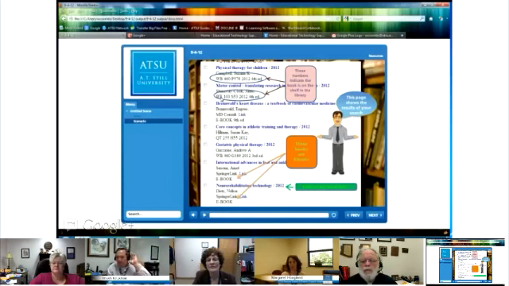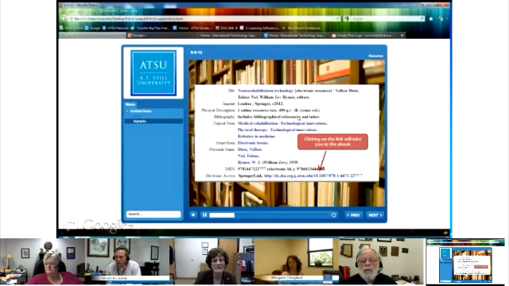These ones that have these kinds of numbers are books that are physically on our shelves here in the library, but the ebooks will have an ebook notation on them. If you're looking for neurorehabilitation technology, the 2012 edition, you can click on the title of that book and it will take you to the record, which tells you all the information about it, what edition it is, the authors and everything. At the bottom, it will give you a link to the ebook. So if you click on that link,